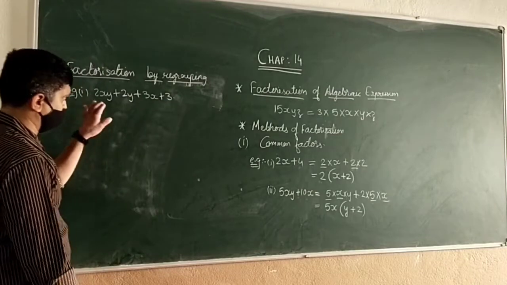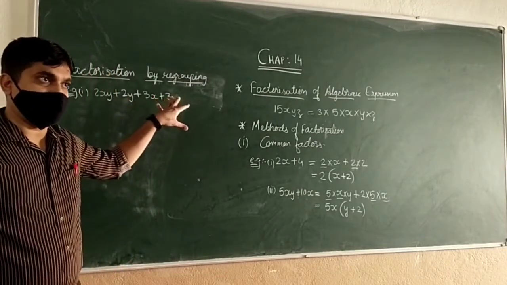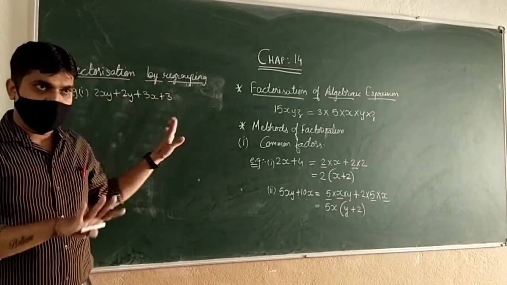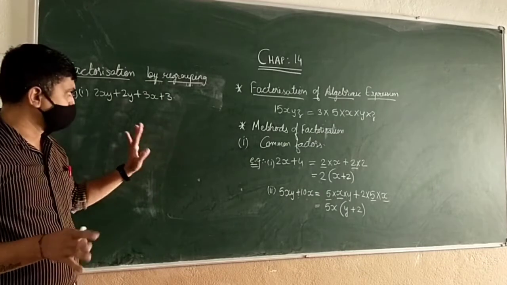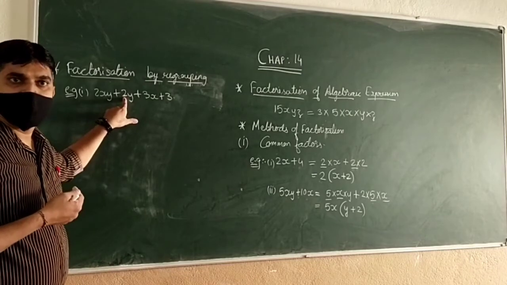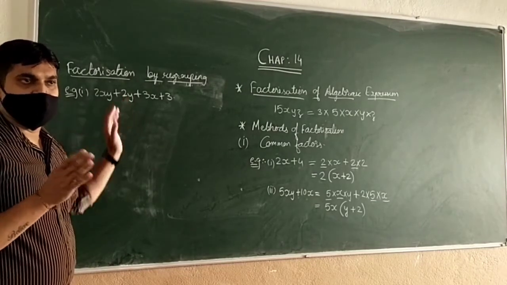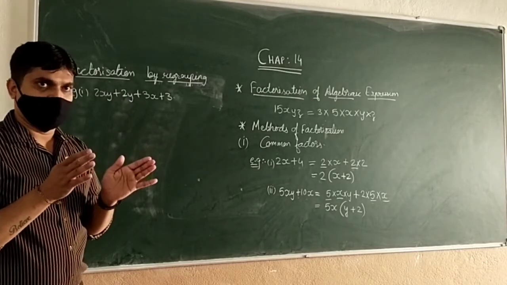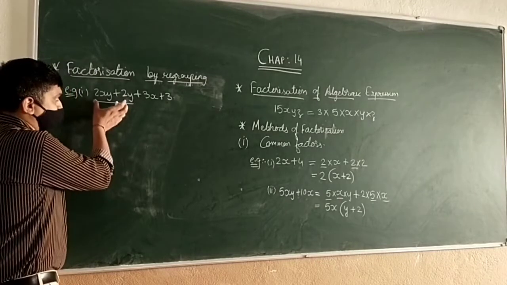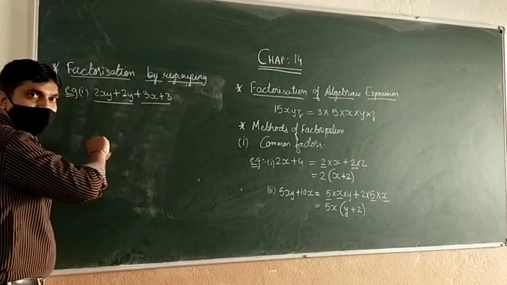Now if you see, 4 terms, is there anything common in them? I am talking about all 4 terms. There must be something common in each term. Is there any common factor in each term? No. Here you can see 3, here you can see 3, but here you can't see 3. No. Now in this case, what will we do? We will regroup them. I will take the first 2 terms, take out the common factor from them, and then take the other 2 terms and take out the common factor from them.